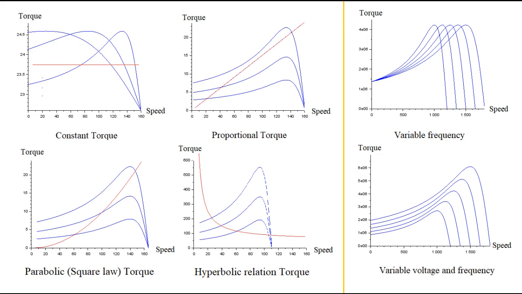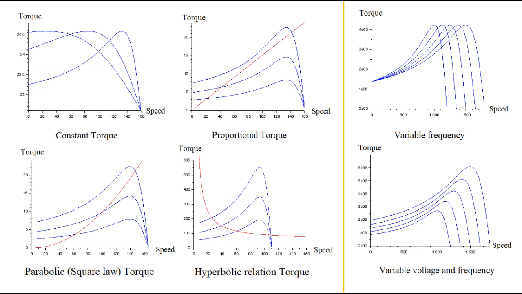This type of control has one disadvantage of having increased flux for reduced frequency and reduced flux for increased frequency. This weakening or strengthening of flux could be rectified by simultaneously changing the supply voltage. For this kind of control, the supply must be a variable frequency, variable voltage supply. This is again an additional resource requirement.